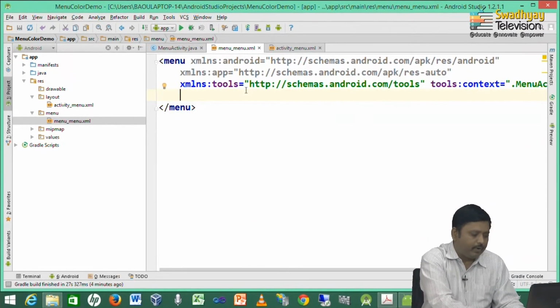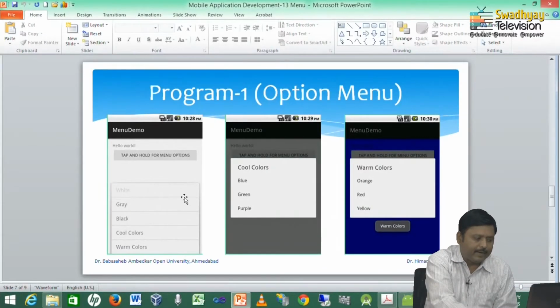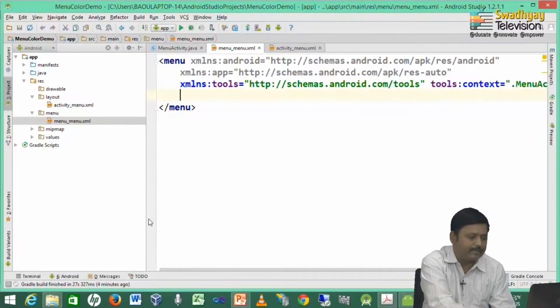If you remember, we want to create this menu. The first menu item is white, which is not enabled, then gray, then black, and then two sub menus. So, I am just creating the first three menu items, white, gray and black, inside this.